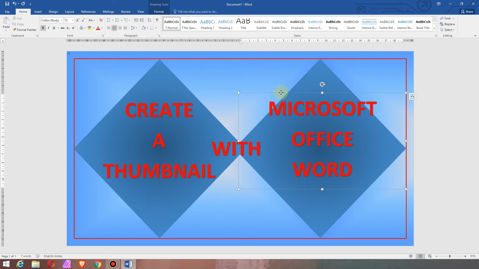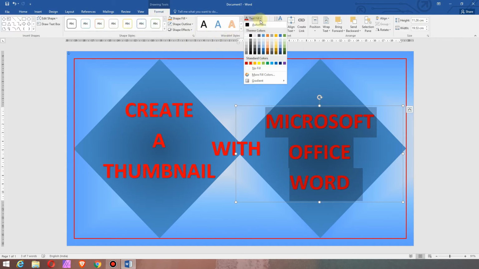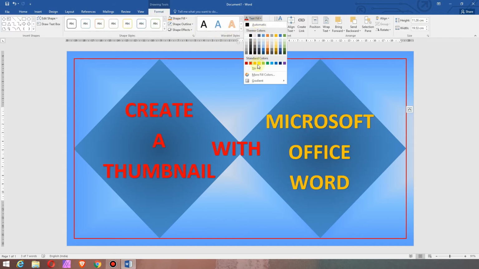Place the text box by dragging it at the center of the shape. Now you can change the font color etc. as your choice.